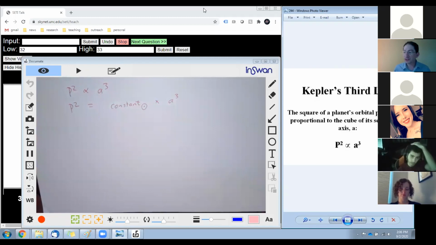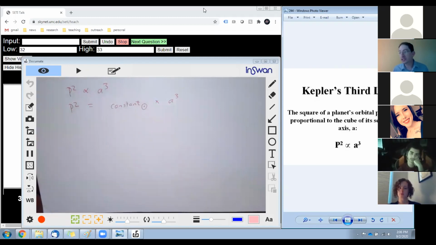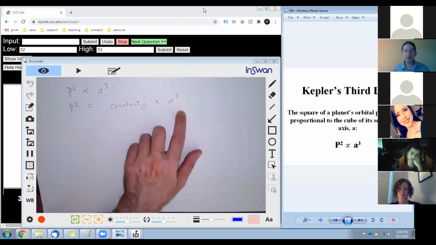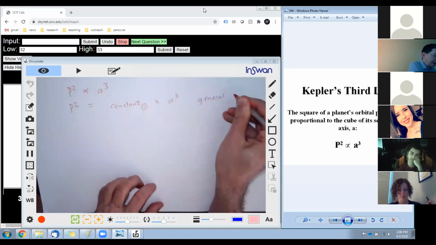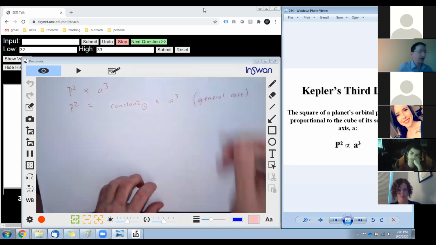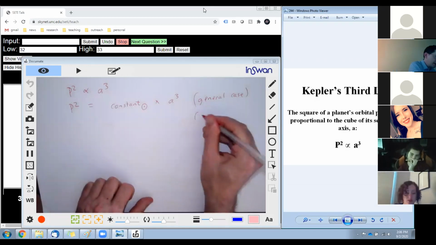The ratio approach gets rid of the constant and gets it to the point that you can almost look at the equation and give me an answer. So the ratio approach, you're always comparing some object to a comparison object. So this is the equation for the general case. Let me write that down. This is the general case for any object going around the sun. Well, let's introduce a comparison object. And a good comparison object's the Earth. That's an object that's important to us. So let's write the same equation out. This would be the comparison object